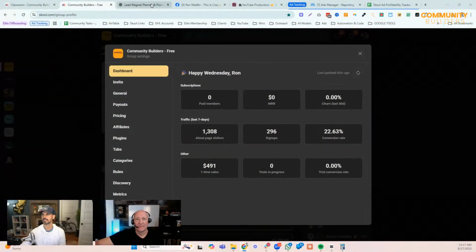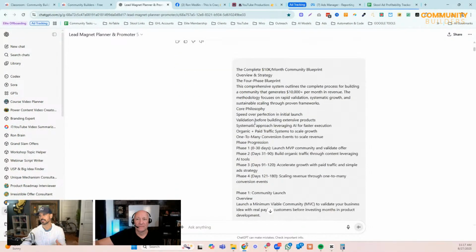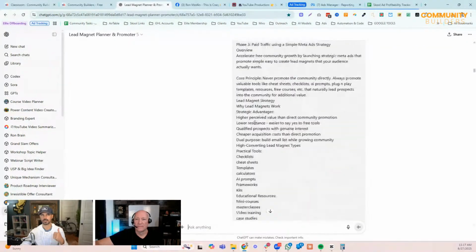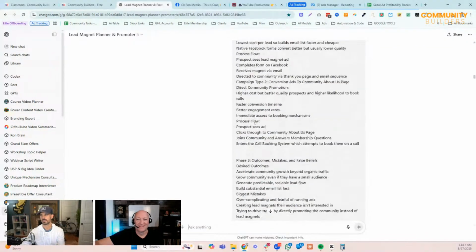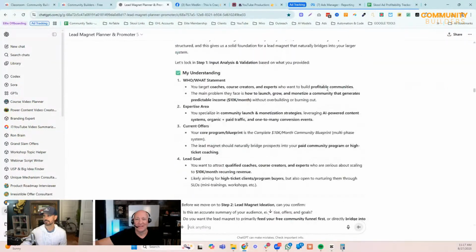build these lead magnets. Not only build the lead magnets, but also actually brainstorm the lead magnets, create the lead magnets, and then create all the promotional material that they need to do it, all the emails, the social media posts, and the ad copy and creative. So check this out. This is an example we ran through yesterday when we were walking through our execution in the boot camp.